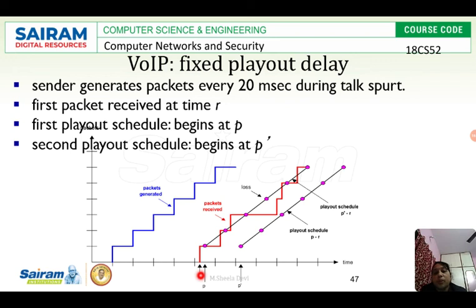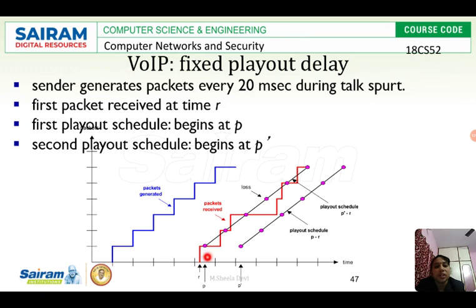So if any packets arrive late also, no issue. That is, as I said, the u packet, I said it is lost, right? This packet would also be buffered even if it comes late, and I will have continuous playout. The client would not experience any packet loss if I extend this period. That is, if the playout period is extended, then the packet loss will be less. So this is about fixed playout delay. So I can make it a large value. If I make it a large value, then the packet loss will not be there.